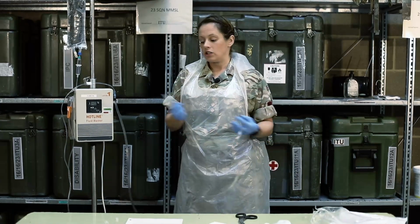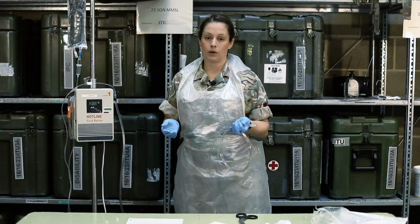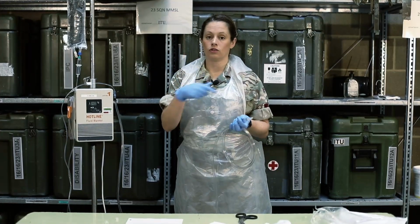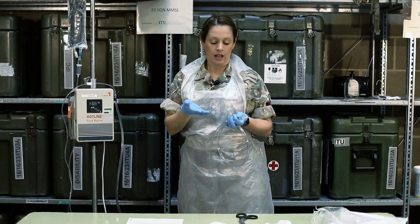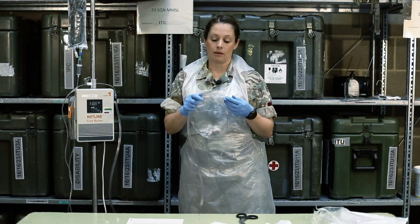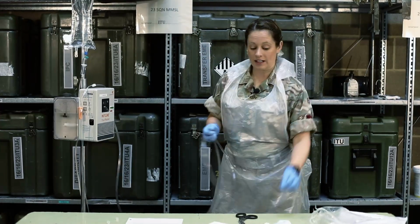Something that's also worth mentioning is that this is quite a heavy set, particularly if your cannula or your access is fragile. So what might be worth doing is putting a small extension cable onto the side of your patient, and I mean teeny tiny, so that you don't lose the warmth in the fluid, but it gives your cannula a bit more security. So now we've reached 41 degrees, I'm going to attach it to my patient,